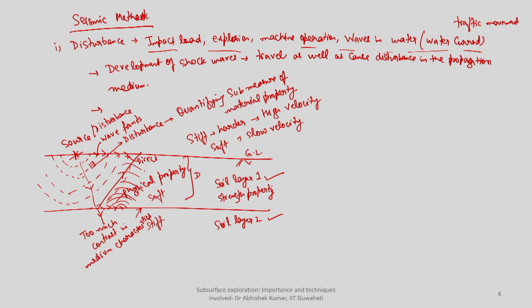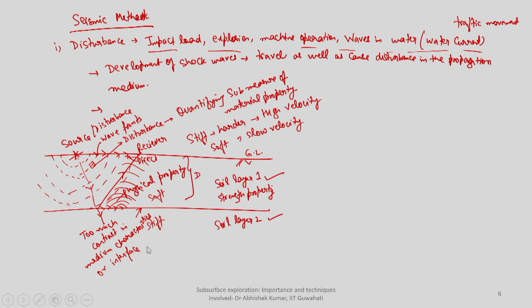I am putting here another receiver, which is going to detect what kind of disturbance you are getting from here. So, depending upon the depth at which this too much contrast, or the interface, is there,